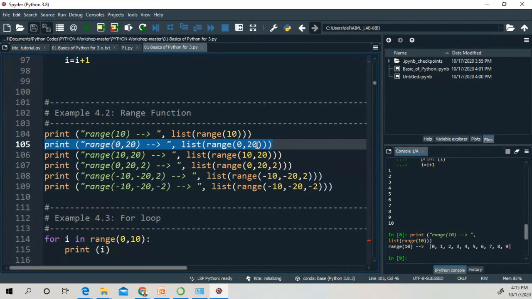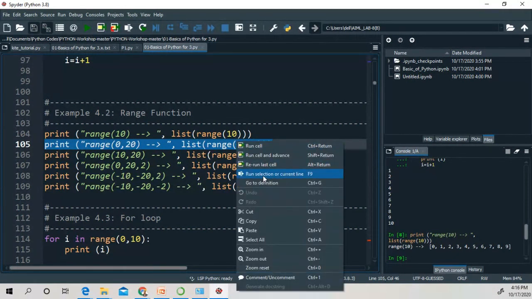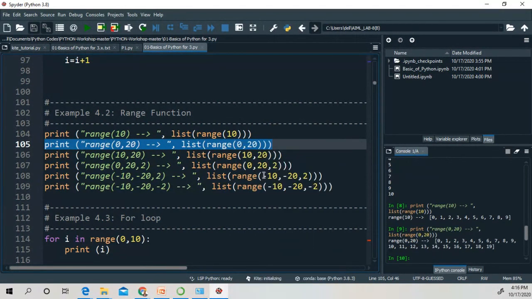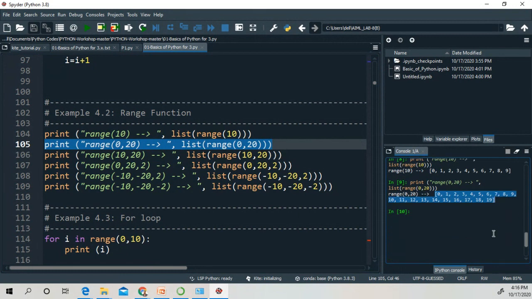It will exclude the last value. So it will start from the 0 value to the 19th number. Okay. It will start from 0 to 19.